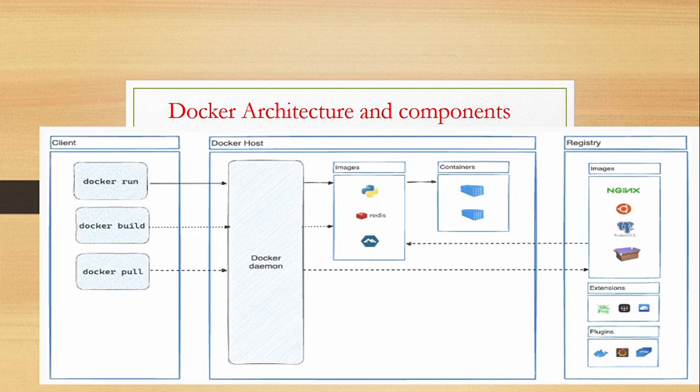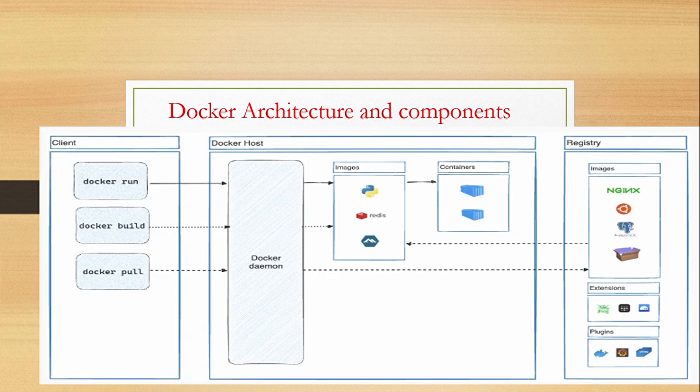When a user runs a command such as docker build, these commands are converted into HTTP API calls, and this is the responsibility of the Docker client, and it gets communicated to the Docker daemon. Docker daemon is the process which is present in the Docker host. Docker host is the host where Docker software is installed, and Docker daemon is responsible for creating, running, and distributing